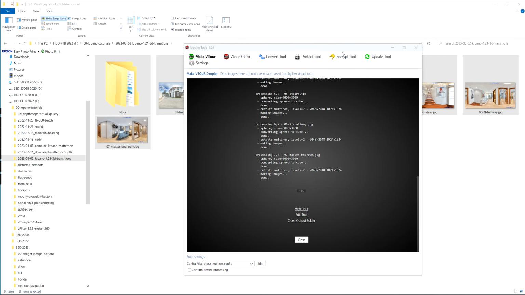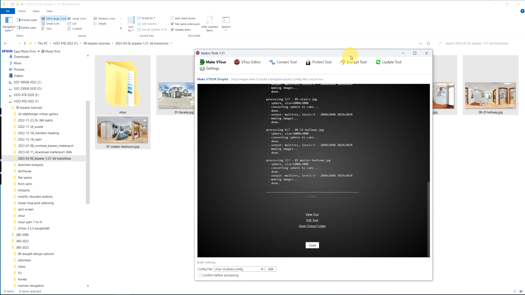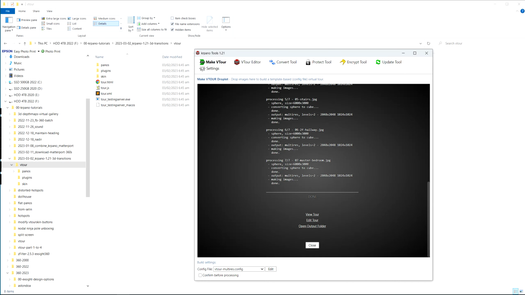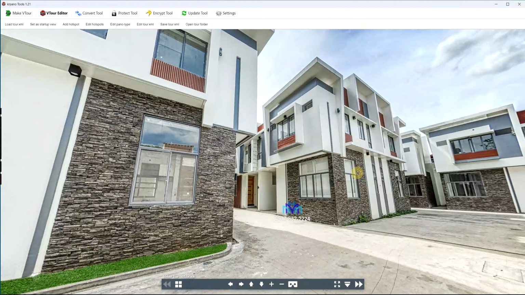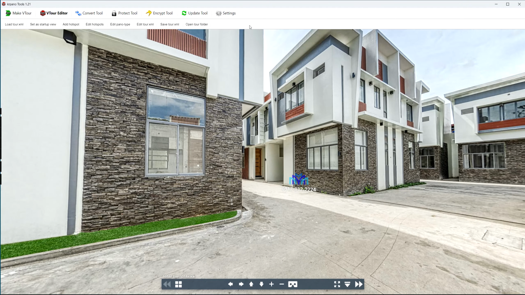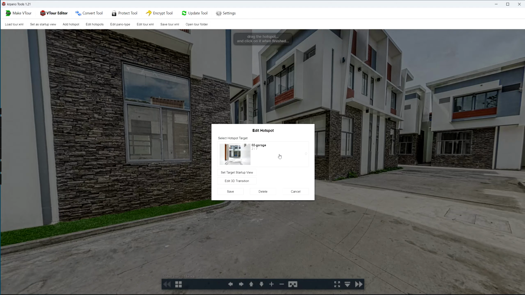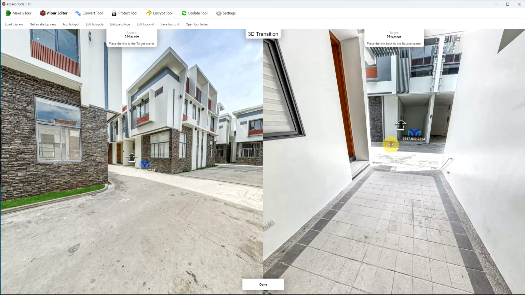Click editor. So if you're familiar with the Krpano world, it produces a Vitor folder, so it's here. And this editor just edits the XML file. So let's click editor. And what's different this time is the hotspot editor. So I click add hotspot, click here, and then select hotspot target and click edit transition. Then